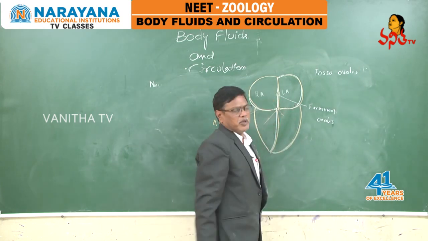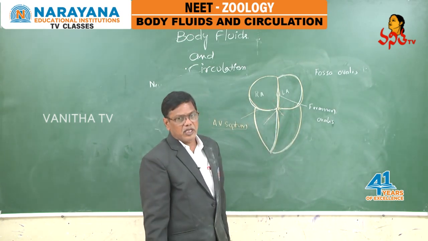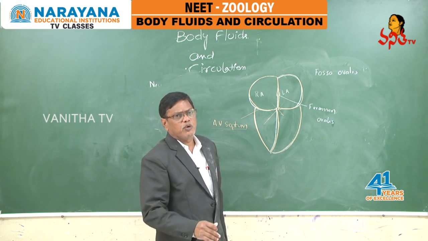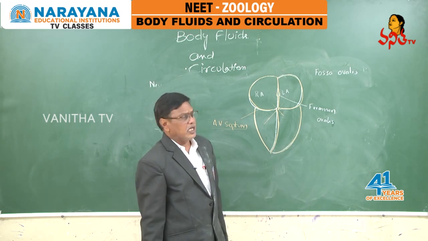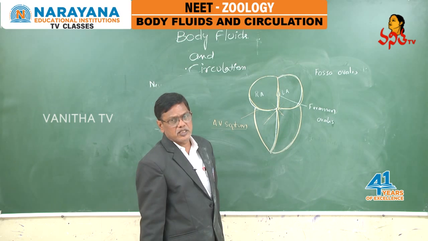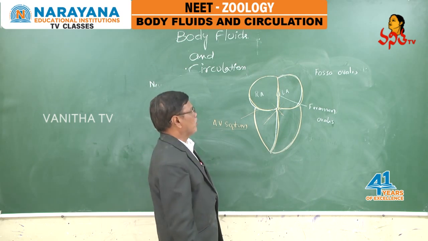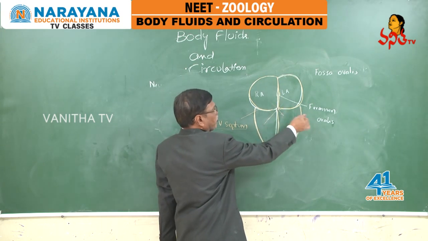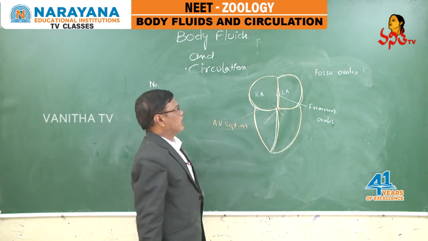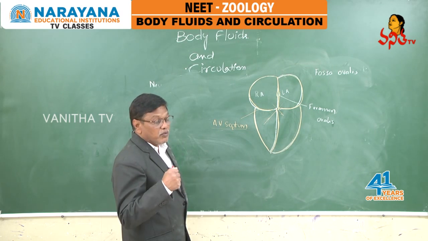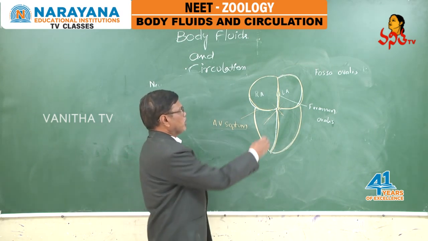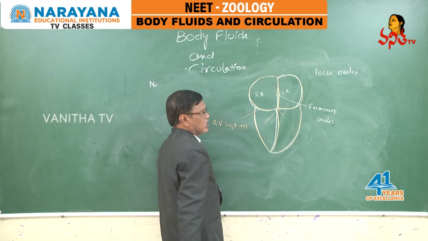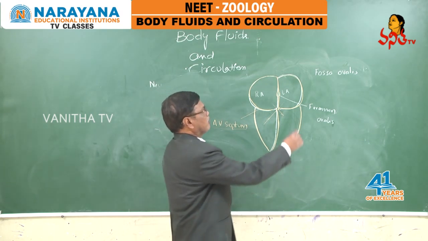In some human beings, this fails to close completely. That only we call a hole in the heart. That is patent foramen ovale. Here, this foramen ovale is present only in the embryonic stage. Once the lungs become functional, because of increased arterial pressure, it will close and appear as a